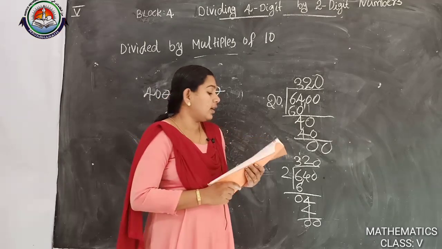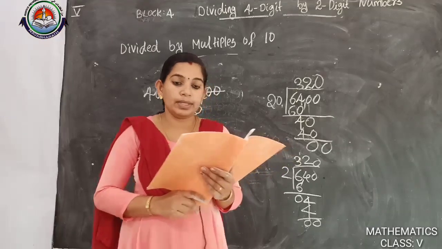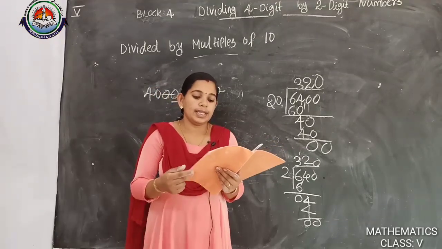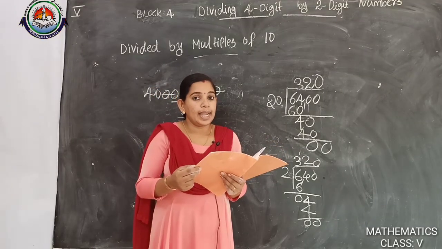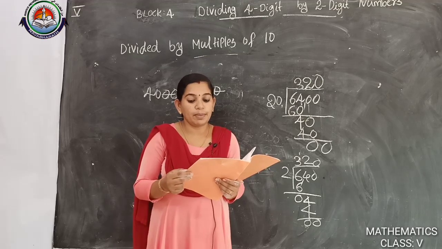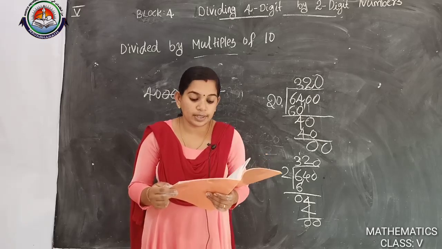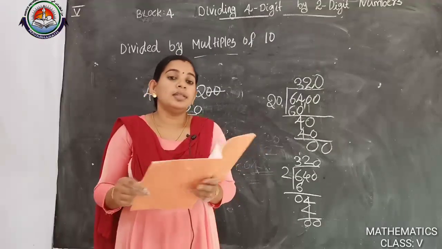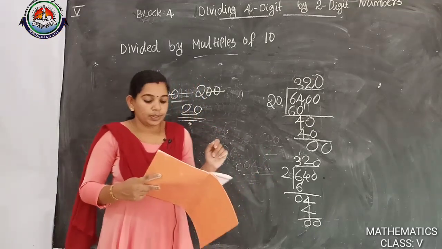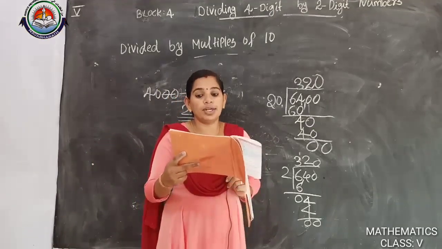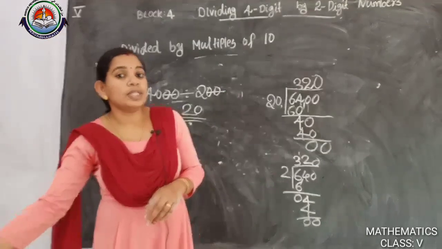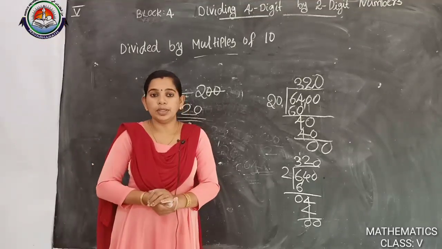Then divide mentally. First question we will do here: 4,000 divided by 20. Second, 2,800 divided by 70. Then 5,600 divided by 80, 2,700 divided by 90, and 2,130 divided by 30. Then the third question, divide: 4,000 divided by 200, one problem we are doing here. Second, 8,000 divided by 400, and third, 5,000 divided by 500. We will do these problems in your notebook and workbook.